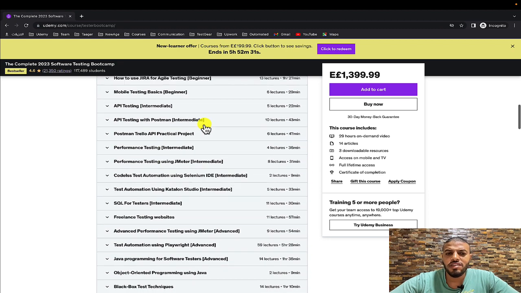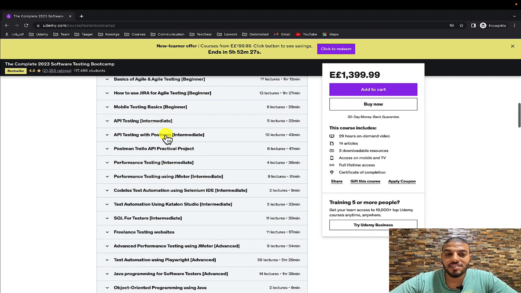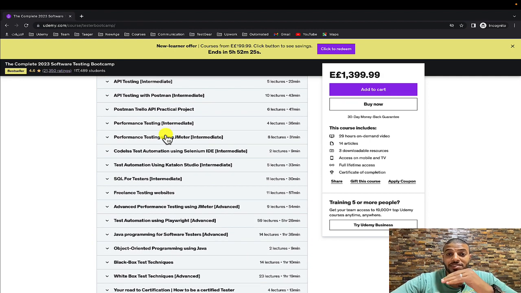All of this for me is considered beginner level, so until mobile testing basics, this is beginner. The topics that come after this, I personally consider them intermediate level. Why? Because many companies don't care about those topics if they are going to hire you as a fresh graduate or a junior tester. But on the other hand, if you are going to work in a big company, a multinational company, or if you are going, for example, to work as a freelancer with a high hourly rate,